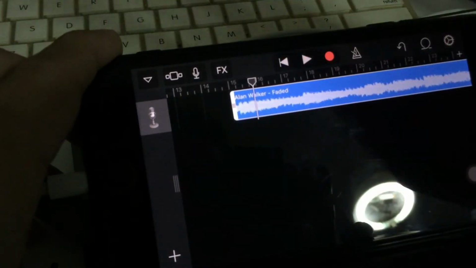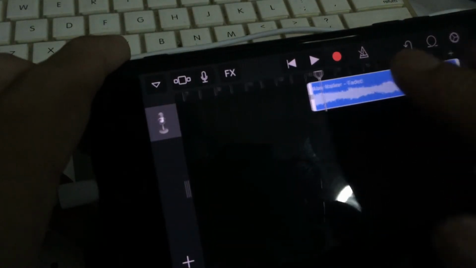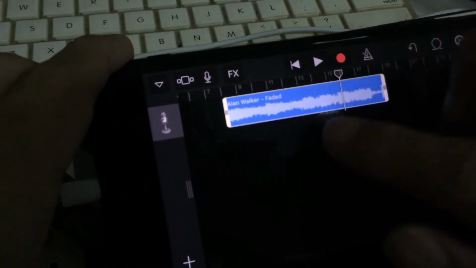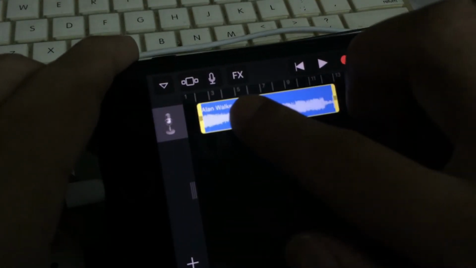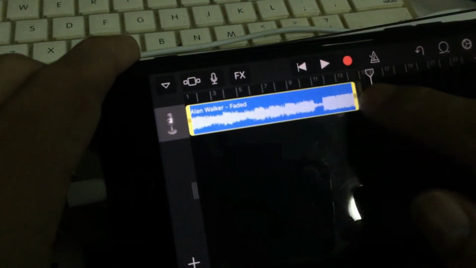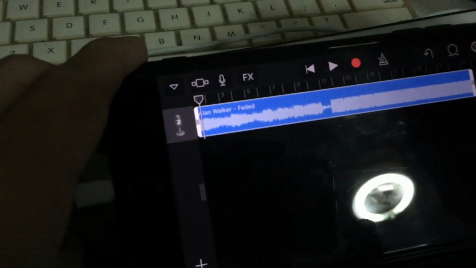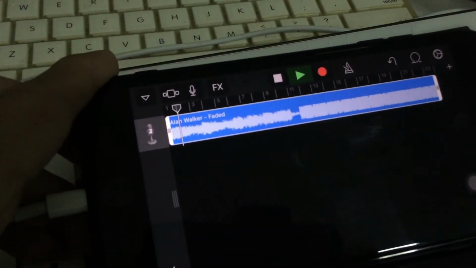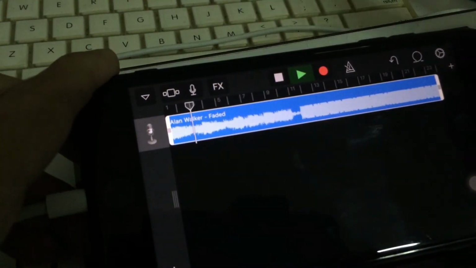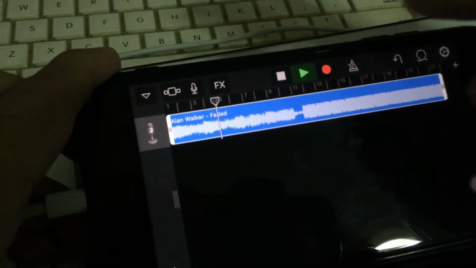Once you're done and it's good, just pinch in again and drag the whole song over to the starting point, and this makes it 25 seconds. So let's preview the song. Okay, so we managed to cut the song in the middle and it will run for 25 seconds.